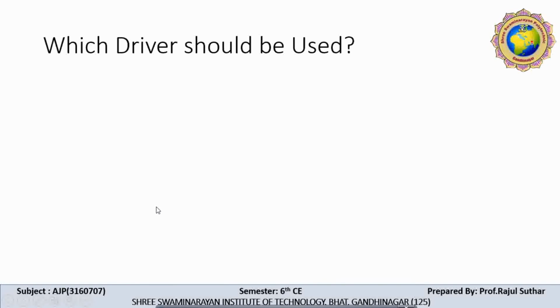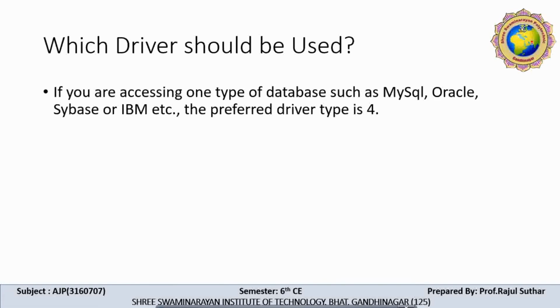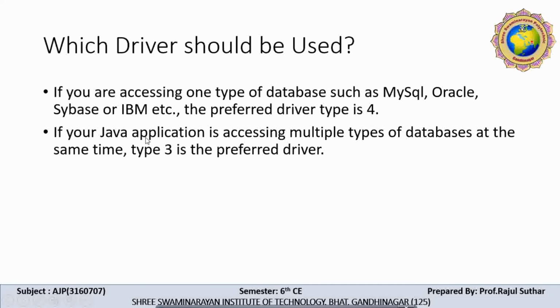So in this survey, which driver should be used if you are accessing one type of database such as MySQL, Oracle, Sybase or IBM? The best driver is the type 4 driver. We already discussed the comparison between the drivers. Type 4 driver is useful when we are using this type of database like MySQL, Oracle, Sybase or IBM. And if your Java application is accessing multiple types of database, at that time